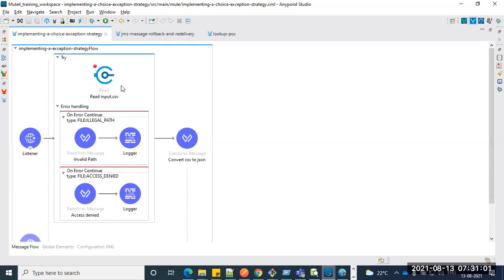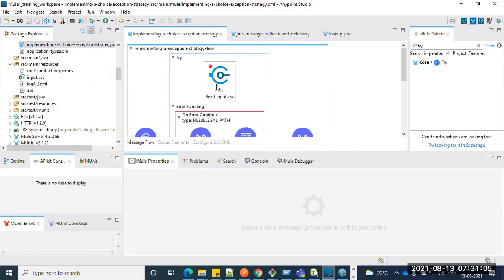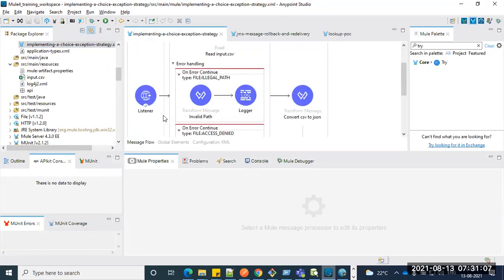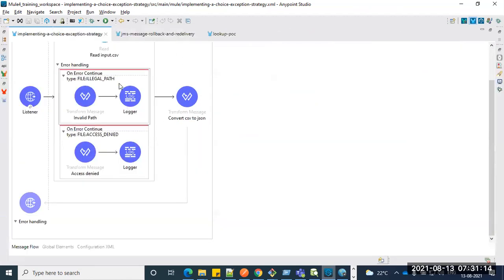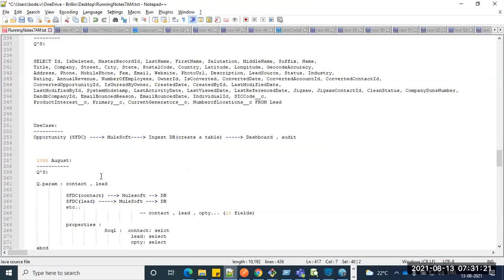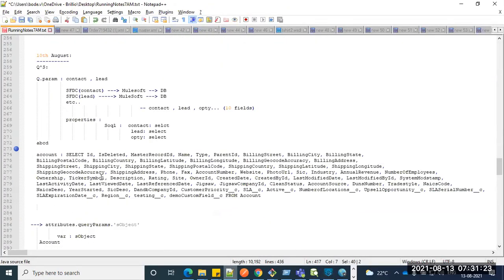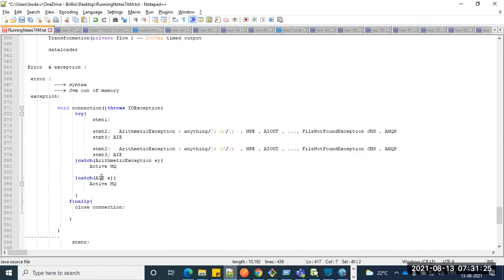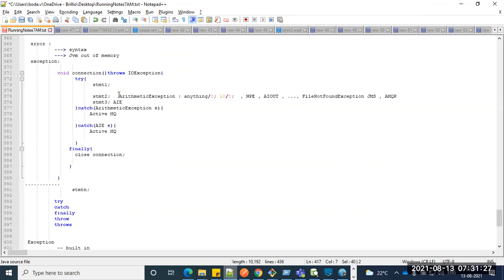Earlier in 3.x, we didn't have this feature, so you could only handle the entire flow. There was no way to handle a specific component. But now we have a feature, which is the try block. I handle only where I know the error occurred. That's what I highlighted in the theory as well. If you know where the error occurred, like the arithmetic exception I'm suspecting in statement 2,